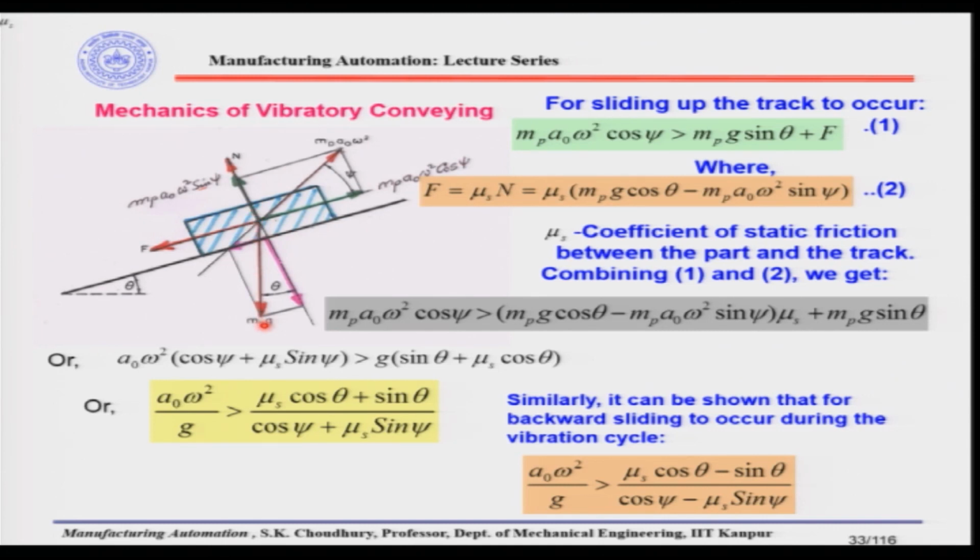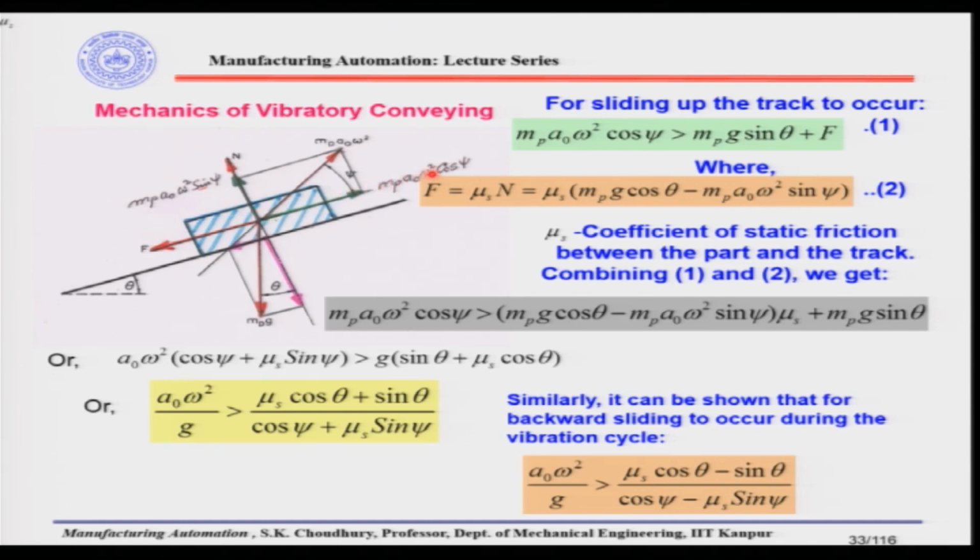We have the MPG here. So, MPG will have two components: one in the direction of N and another in the direction of F. This will be MPG sin theta and this will be MPG cos theta. Now, for sliding up the track, in this direction this component is MPG sin theta and this component is MPG cos theta. So, therefore, in this direction we have